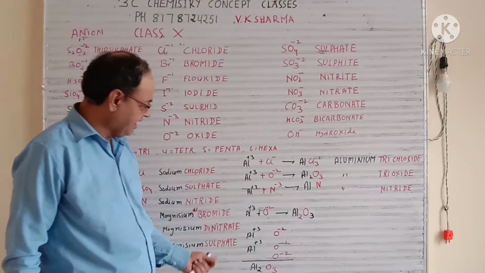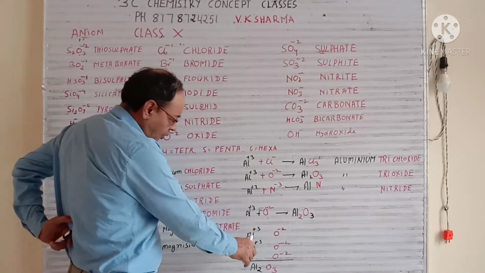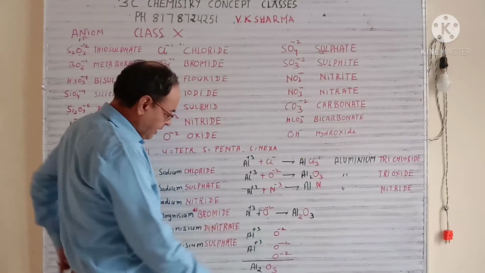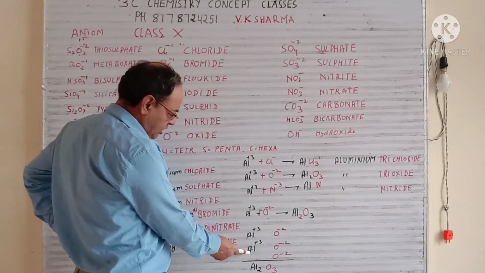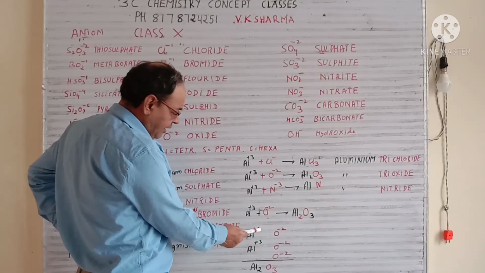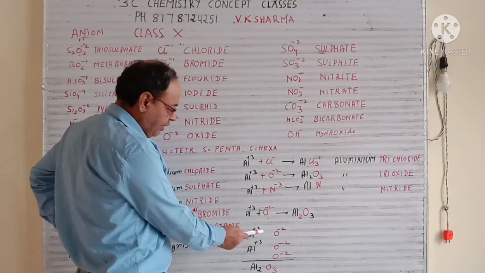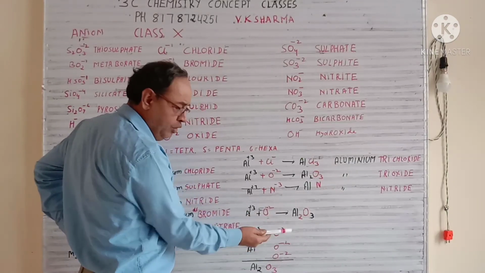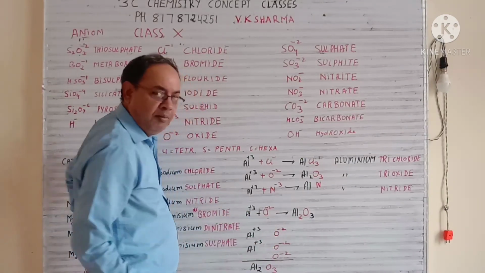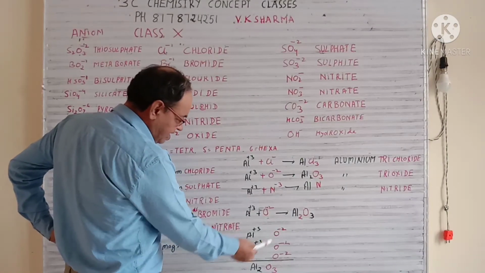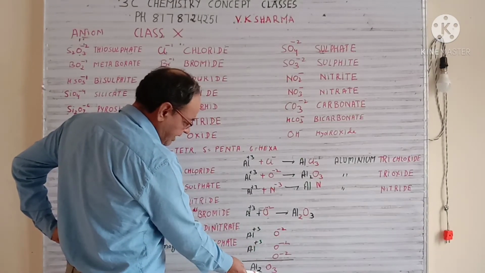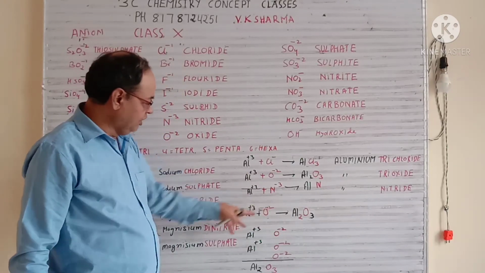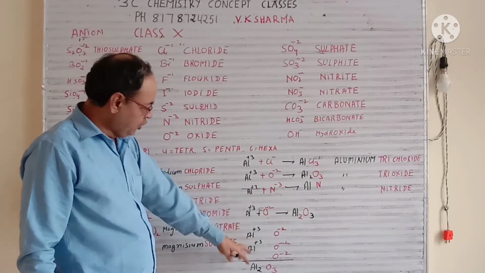So this is one way. Second way, you write the number of positive charges together, and write the number of negative charges to balance it. So suppose you take one aluminium 3 positive, you take another 3 positive. So the total charge is plus 6. So you have to balance it by 3 oxygen atoms which contain minus 2 each. So total charge is minus 6. So now in this condition it will be balanced. So it is Al2O3, the same compound we are getting. So we have both ways. Either you do it this way or that way, that is your choice. So you will get the same compound.